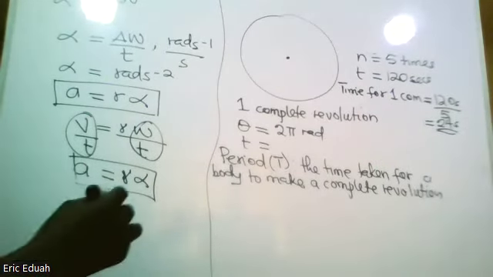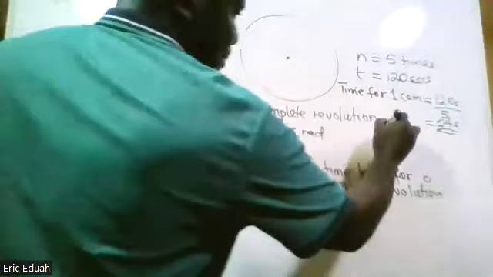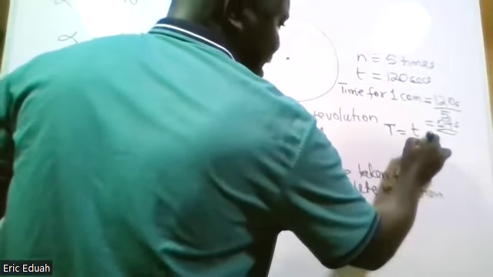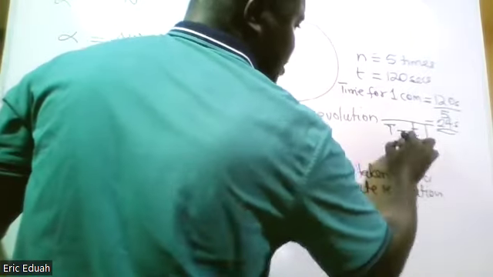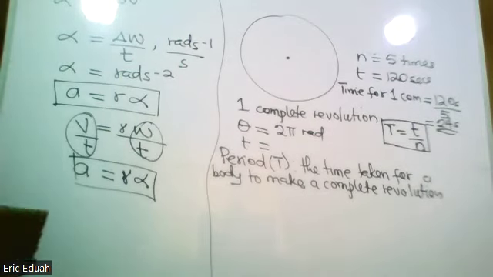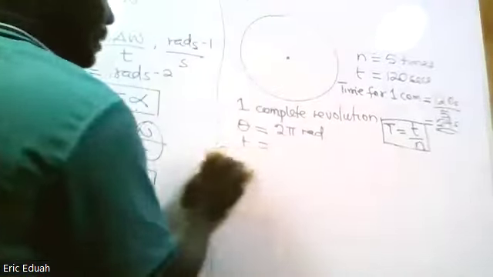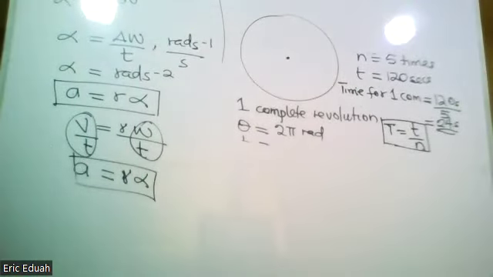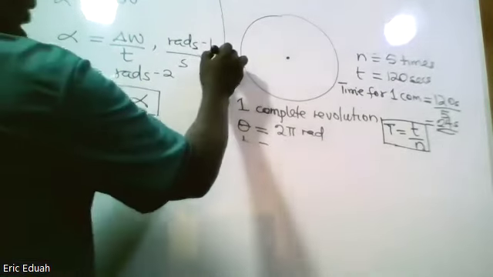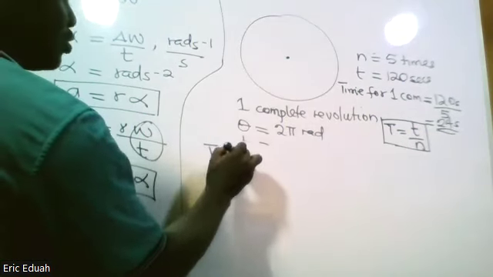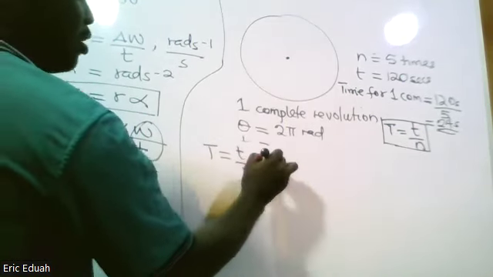So this value is what we call the period. Period capital T is equal to total time divided by number of complete revolutions. So period capital T is the time taken for a body to make 1 complete revolution, and it is determined by T is equal to small t over n,